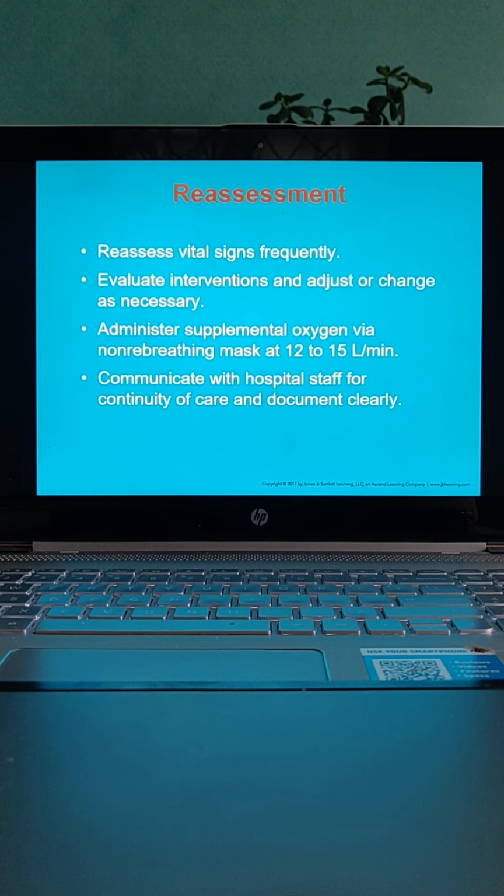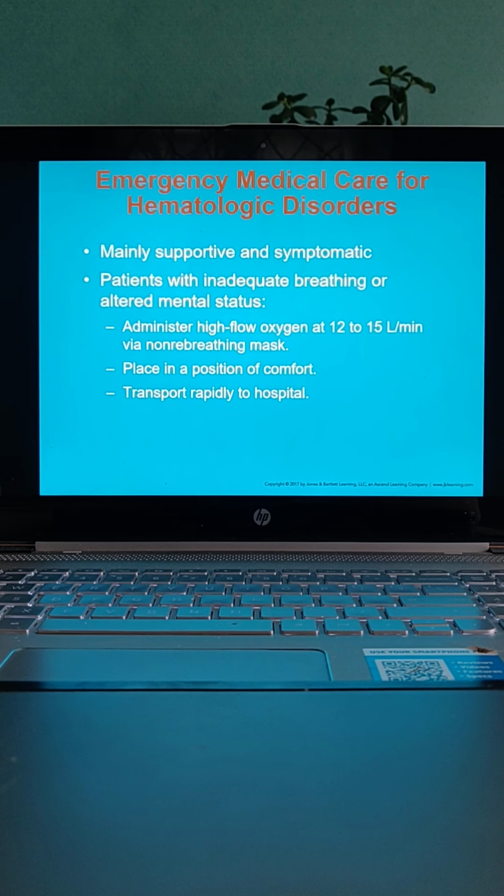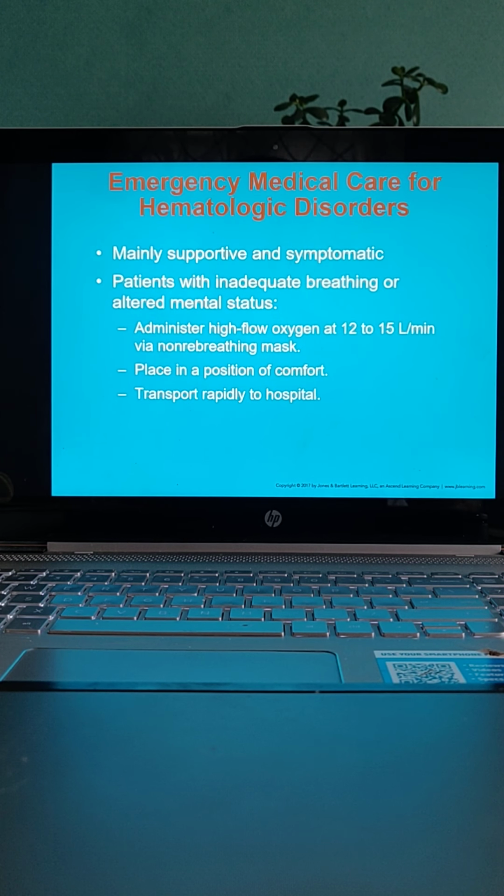Reassess the patient every 5 minutes because they are not stable. Evaluate your interventions and adjust to change where necessary. Administer supplemental O2 if you need it and if you haven't already. And call the hospital ahead of time, tell them what you've got coming in, and prepare your report to give to the doctor. Okay? Emergency medical care for hematologic disorders is mainly supportive and